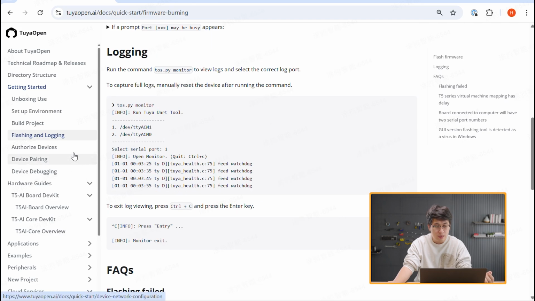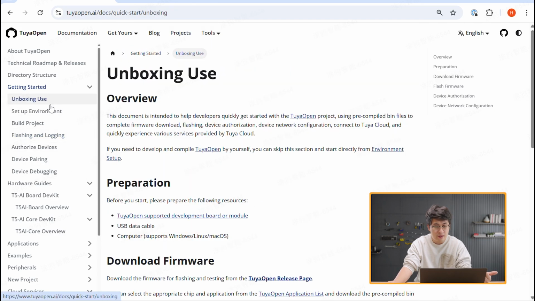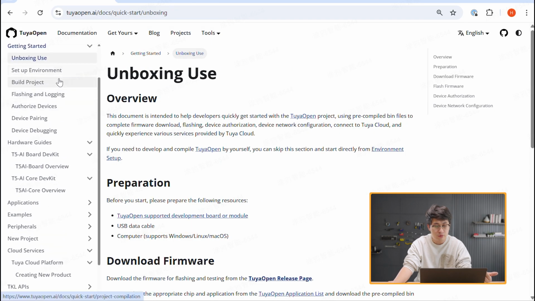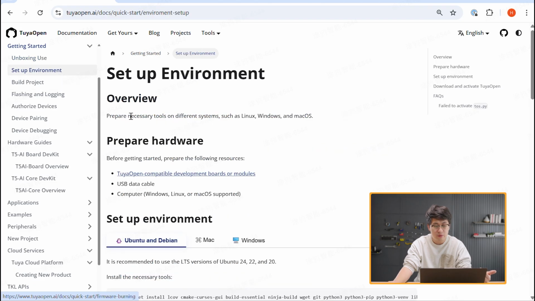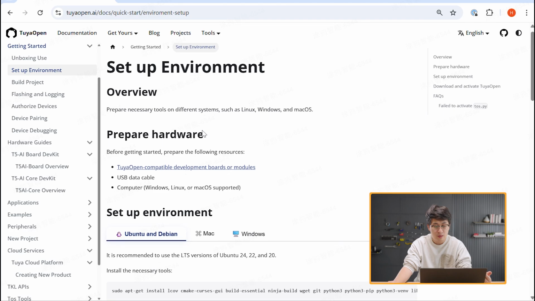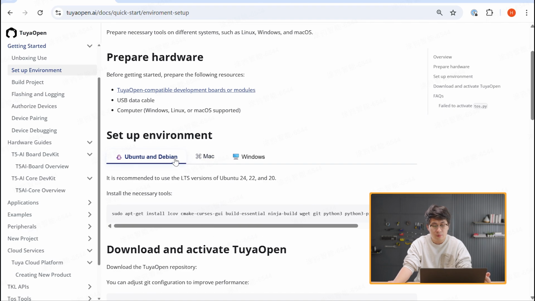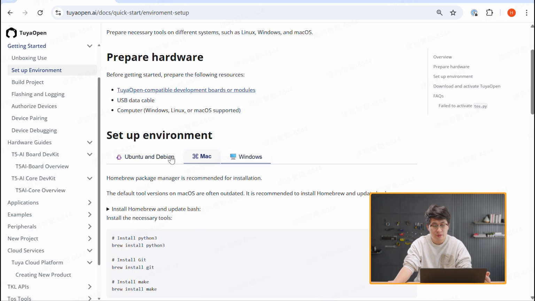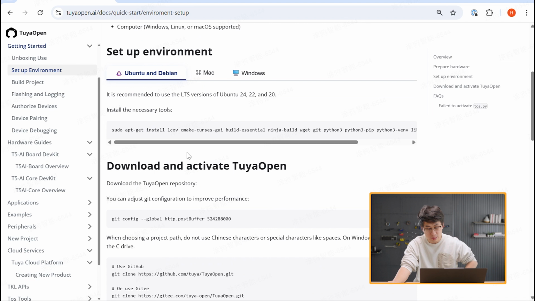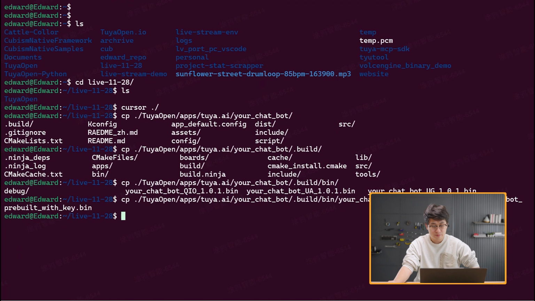Yeah, and we'll start by going through setting up the environment. This is the first page you'll start with. Whether you're on Ubuntu, Debian, Mac, or Windows, you can just select your environment, and this is a good starting point for our demo today. Okay, so for here,